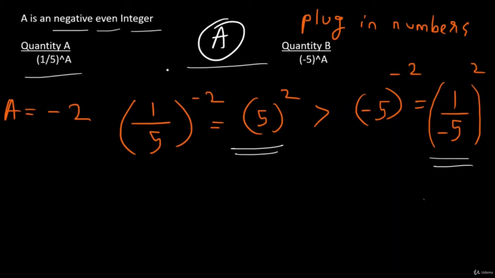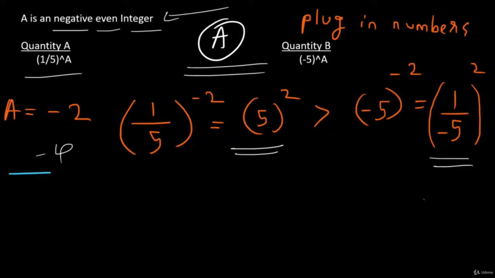Now let's also try to do this using operations on quantities. And remember, do you need to check more numbers? You don't need to, right? Because you can observe using number sense that the same thing will happen if you take -4, right? Again you'll get a positive number over here and you'll get a fraction over here. So the relationship is not going to change if you try different negative even integers. That's why we can conclude that the answer is A.